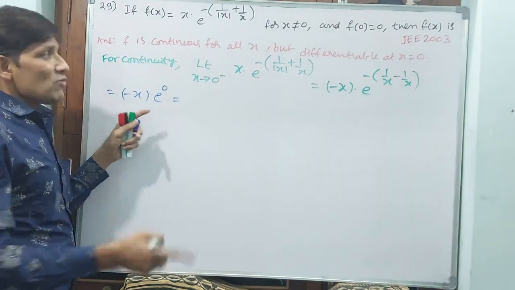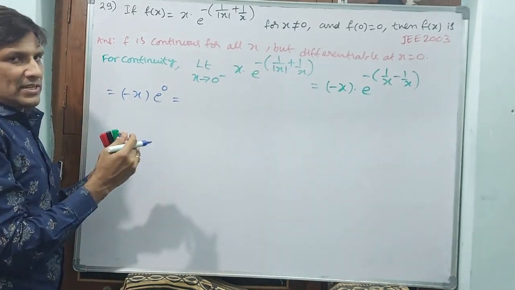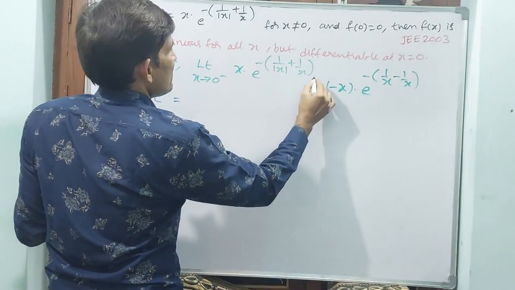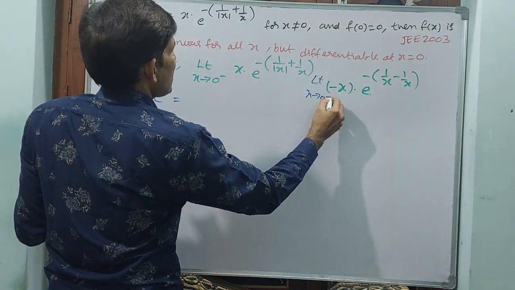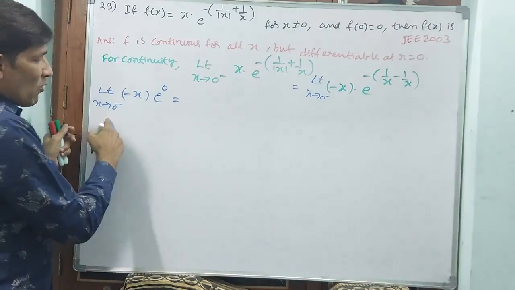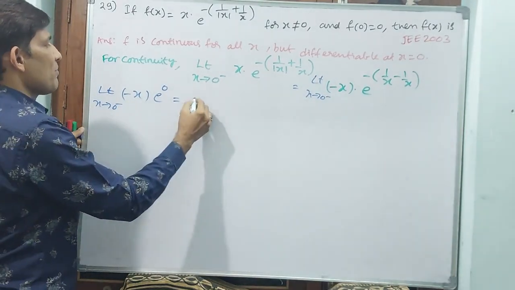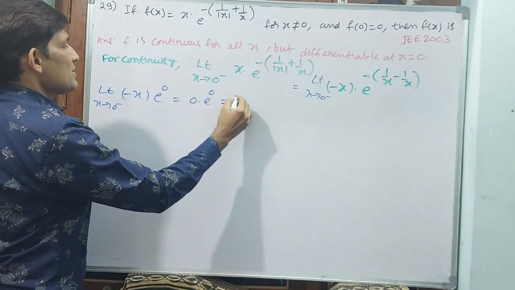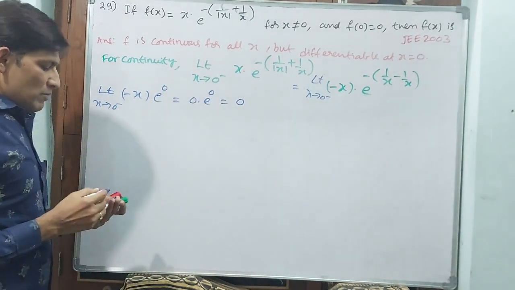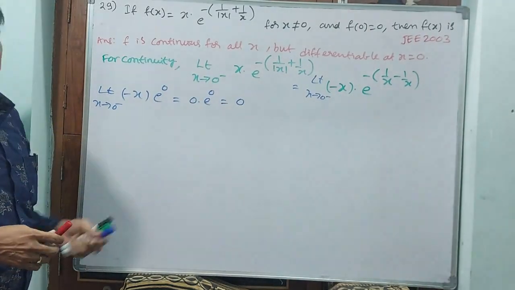Understand? Now, until now we have seen the process, but now you apply the limit. Until here we have the limit x tends to 0 minus only. Now there is no more limit to carry. You have applied the limit, 0 minus means 0 only. How to apply? 0 into e power 0, that is equal to 0. Even though e power 0 is 1, the product is going to become 0. Now this value is 0.